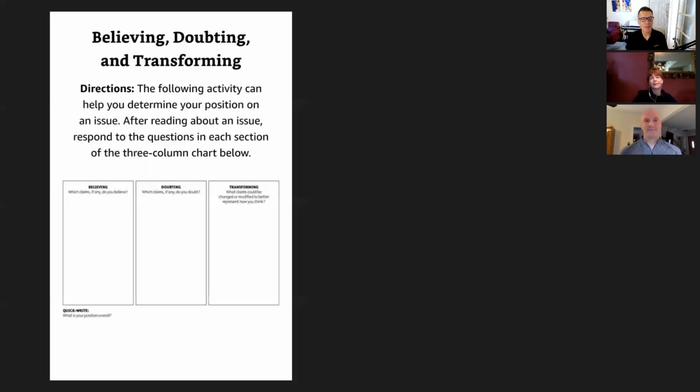And then for me, this activity here, the believing, doubting, transforming activity, is a great way to help students read effectively and annotate for the synthesis task in AP Lang. And so you can tell us a little bit more about this, maybe, Jennifer. Sure. So we lean heavily on Peter Elbow's model of methodological doubt and belief, so that the doubting and believing game, or in ERWC, we talk about reading with and